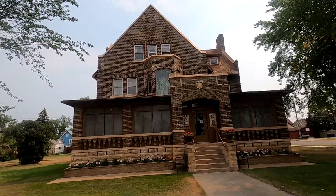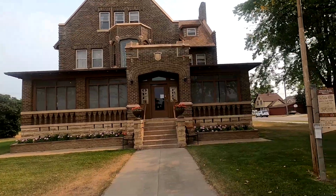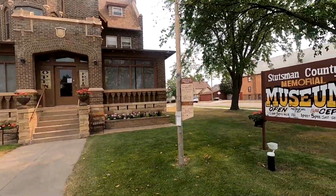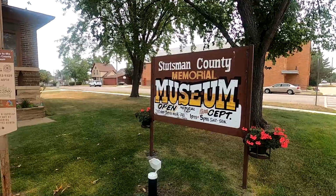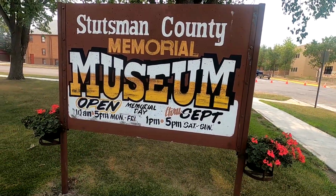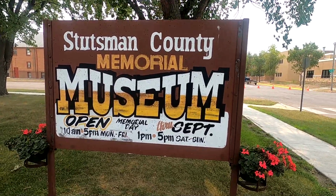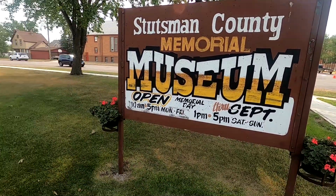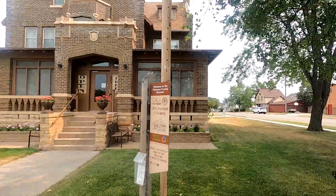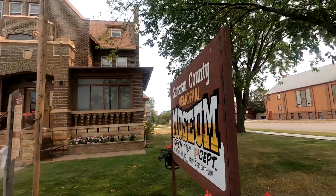Now, is that nice looking or is that nice looking? Man, I gotta say, they picked out how to make a museum, didn't they? Stutzman's County Memorial Museum. It's open Memorial Day through September, 10 to 5 Monday to Friday, and 1 to 5 Saturday and Sunday. Wow. So they got hours all days of the week. See the little flower plots they got there. Let's walk back here and look at the...